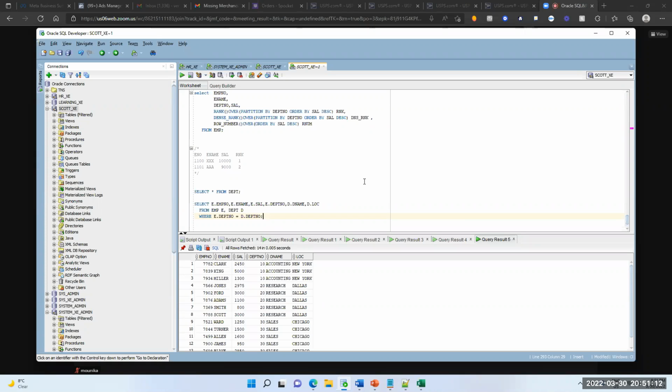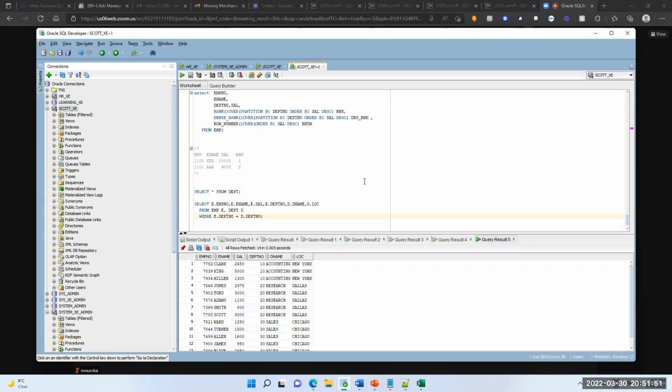First you have to understand the criteria completely. What are the columns we need to get from one table and what are the columns we have to get from another table? This is important. And what is the common column for both the tables? That we have to match. Always remember, when we have n tables in the from clause, joins must be at least n minus 1. For example, if you are joining two tables, at least one join condition should be there in the where condition. Common column.